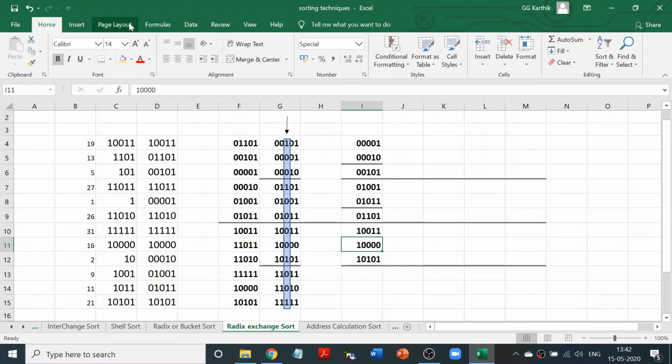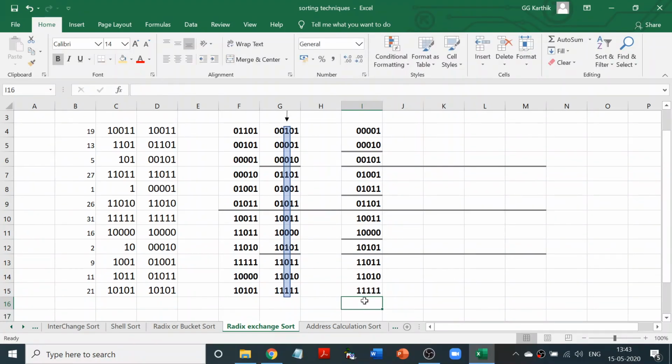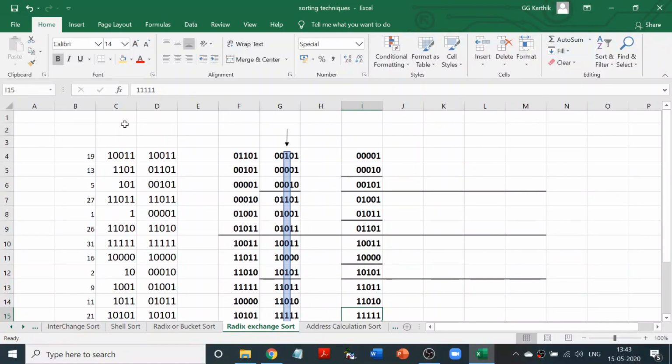So again I have to divide it into 0 and 1. Okay, we are into the third column. Third digit should be zeros, third digit should be 1 here. Same thing here. So it's the same order. You can see two zeros and one one, 1 1 0 1 1, 1 1 0 1 0, 1 1 1 1 1. Right, so this is how you divide them. So this iteration is over. So we had the given number converted into binary.